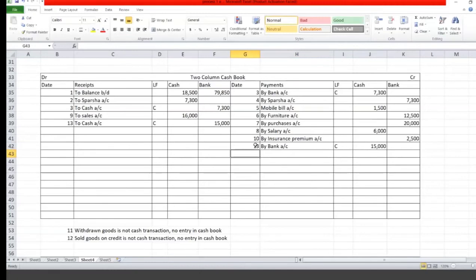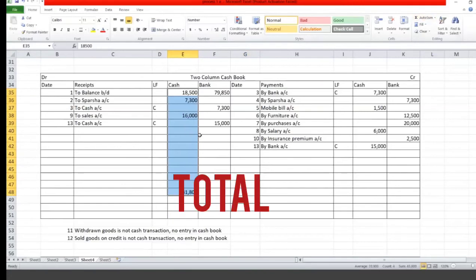You have to cross check first for whom it is receipt, for whom it is payment. Whether cash is making the payment or cash is receiving, that you have to cross check and write down the entry. Now see which side you have more, debit side or credit side. Debit side is more or credit side is more. For me, debit side is more. I can see debit side is more. What is the total?